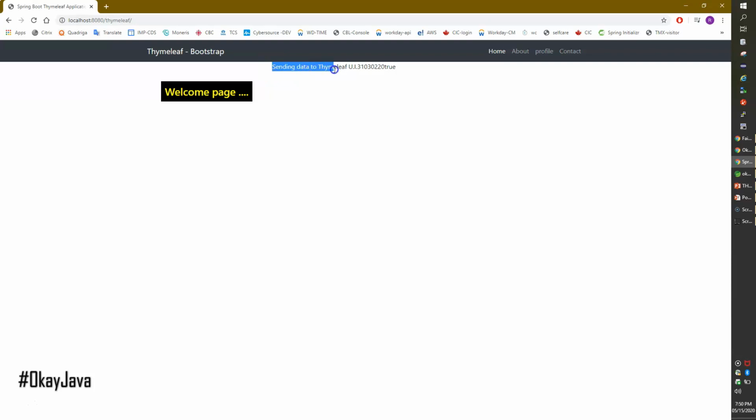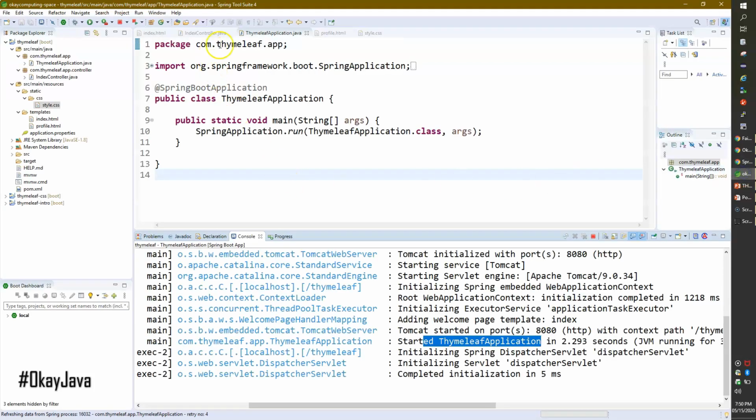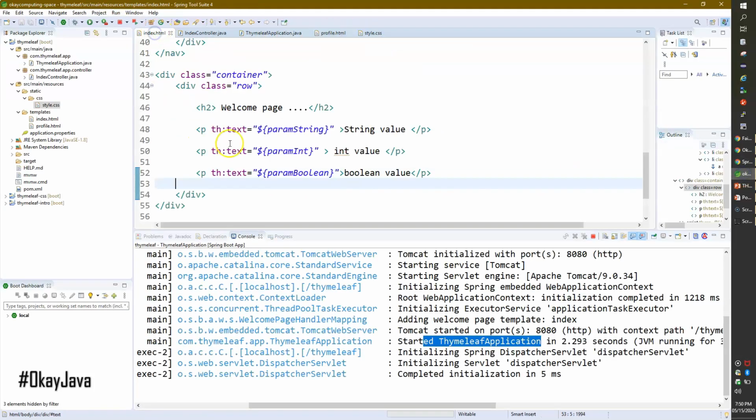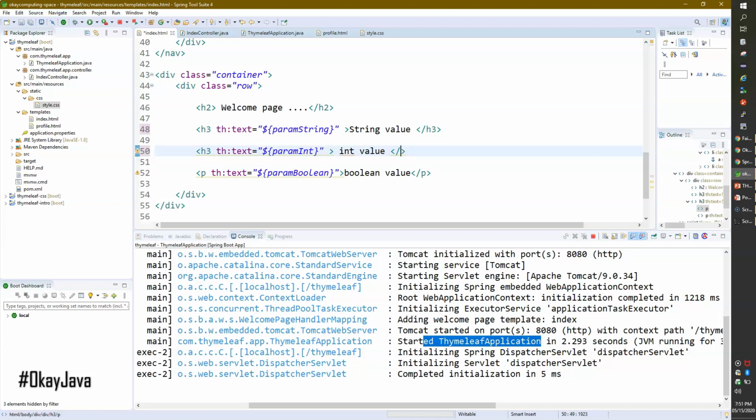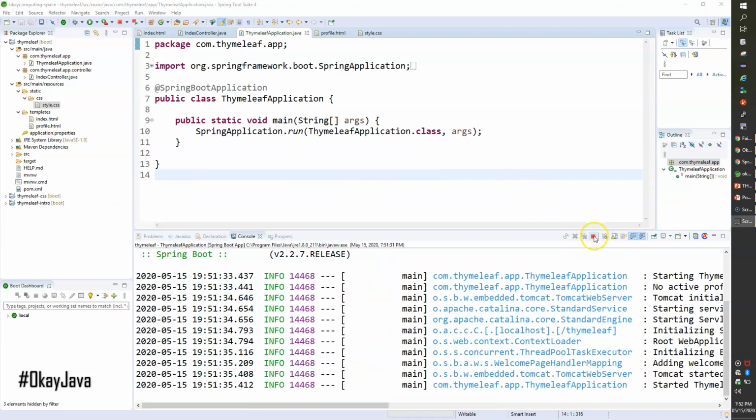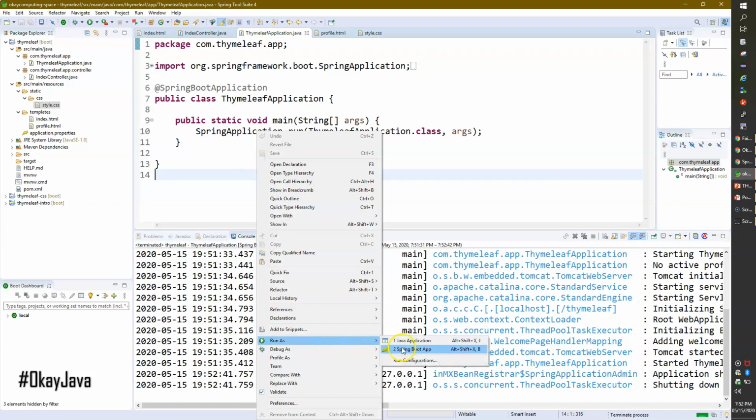So you see the data is here, sending data to Thymeleaf, and because of the format, let me just format the values. So what I will do is I'll go back to the index values and I'll change these values to, do we have h3? Okay, I do have the h3 tag, so I'll put h3, and I have to put the closing of h3. I'll do the same here as well, h3, because it should look good, right? h3, and then again h3, slash h3.